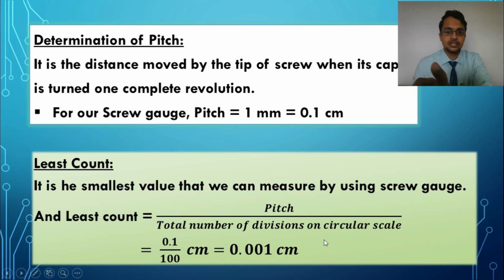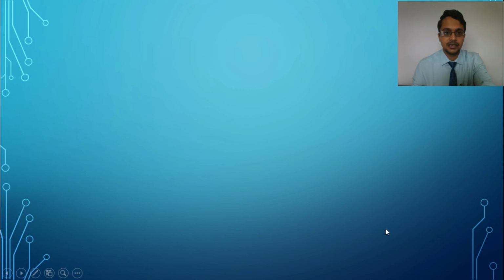Okay. So these two things we have to measure at the beginning of the experiment. Next thing, we have to check whether there is any error in the instrument or not. If there is any error in the instrument, then at the beginning we have to measure the error of the instrument. So how to understand which kind of error is there? Look at this next part.